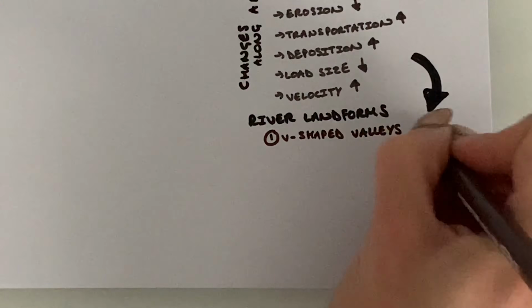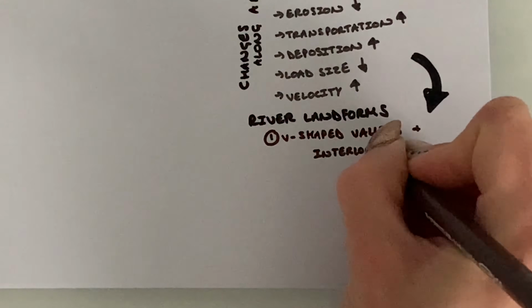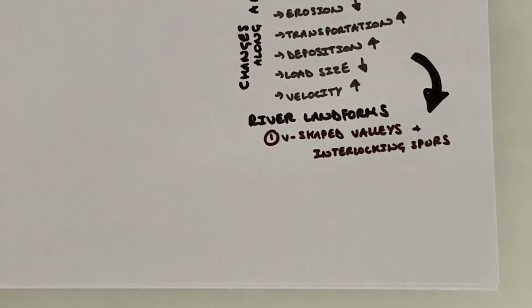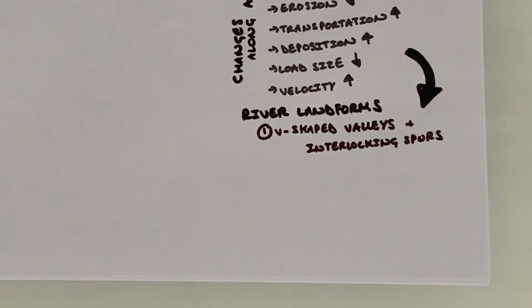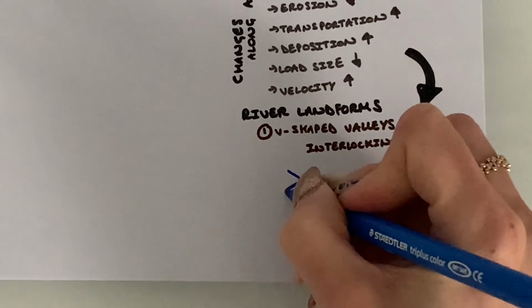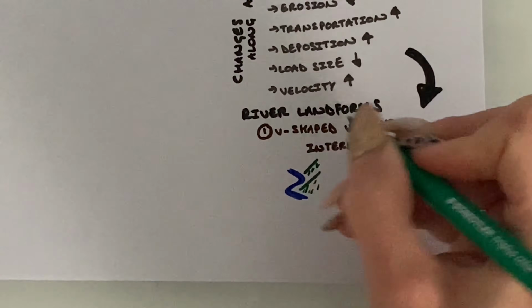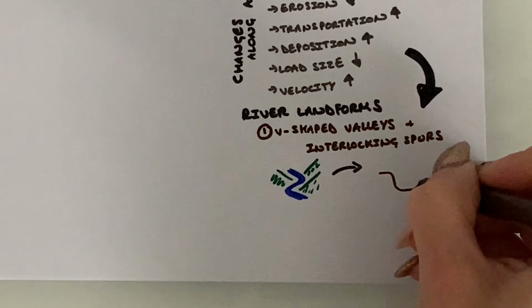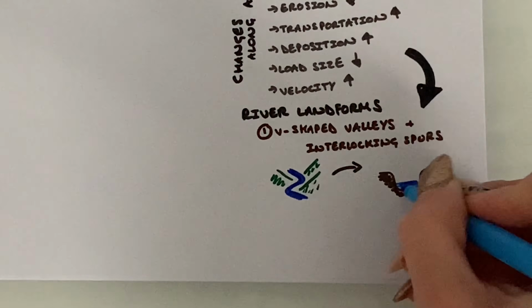your river drainage basin. So we're going to start by looking at V-shaped valleys and interlocking spurs, which are located in the upper course of your river. Now, the discharge in the upper course of your river, and the discharge refers to the amount of water in your river, is relatively low. This means that the river uses most of its energy to overcome friction with the river channel. The energy that it then has left over is used by hydraulic action to deepen the channel by vertical erosion